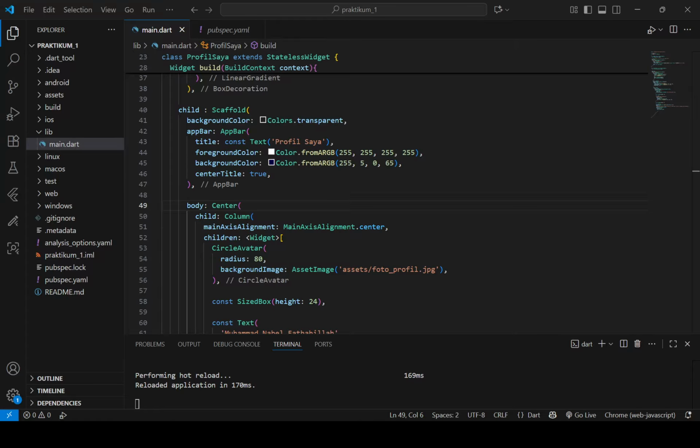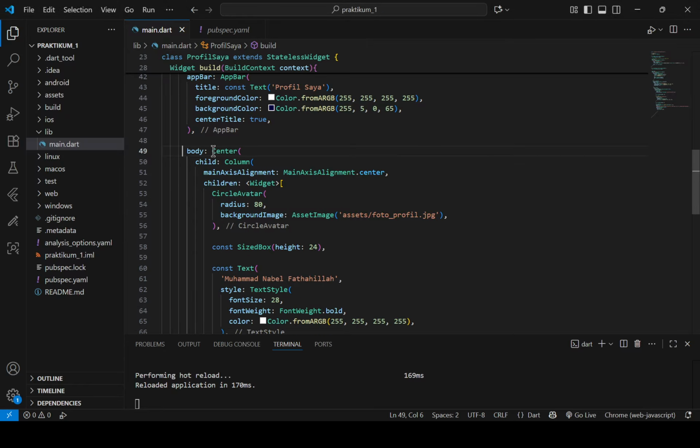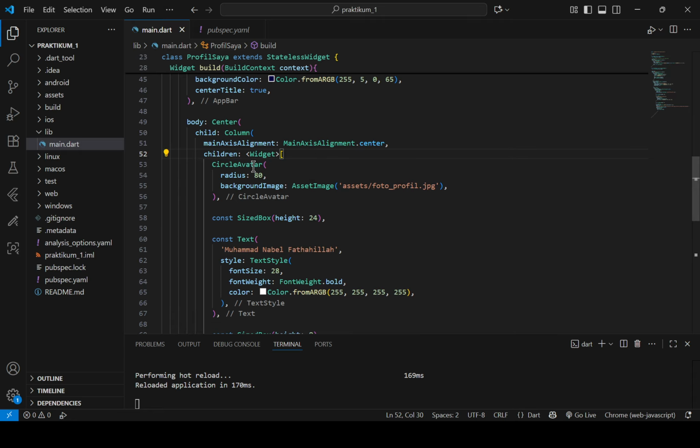The Column then stacks our profile elements vertically, so all the children inside are centered in the middle. Now let's look at the content inside the Column.